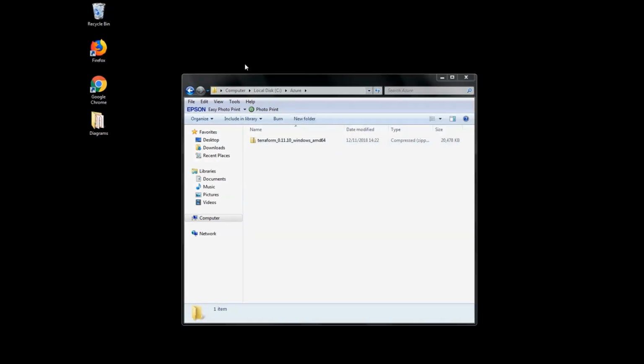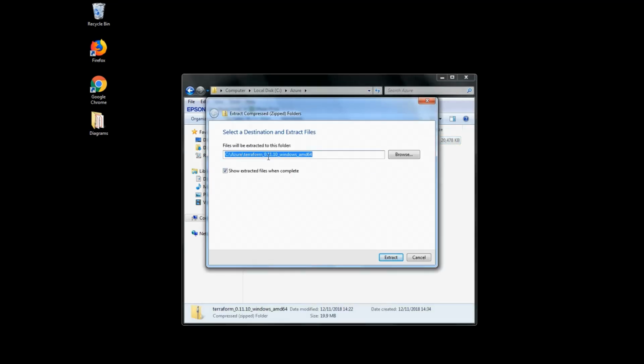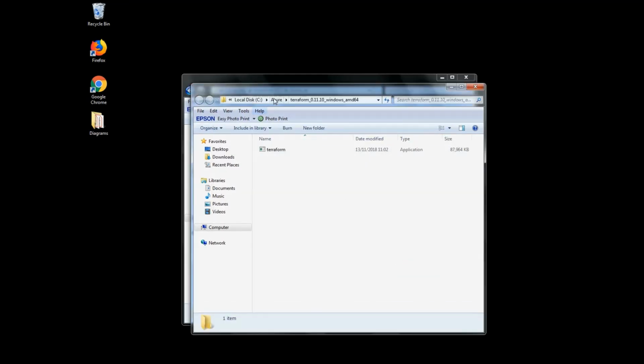an Azure directory has been created in the root of the C drive, so the package has been copied here. So if we extract that package now into the Azure directory,